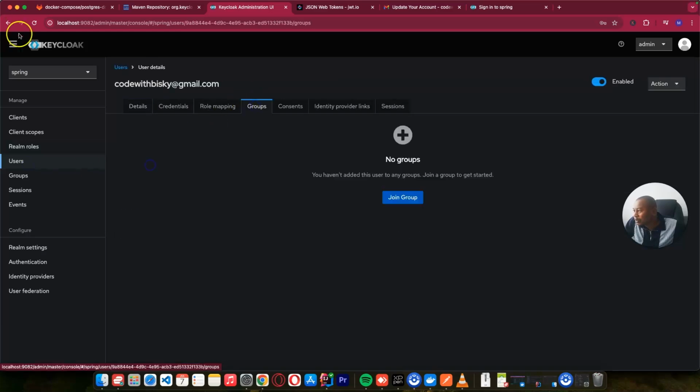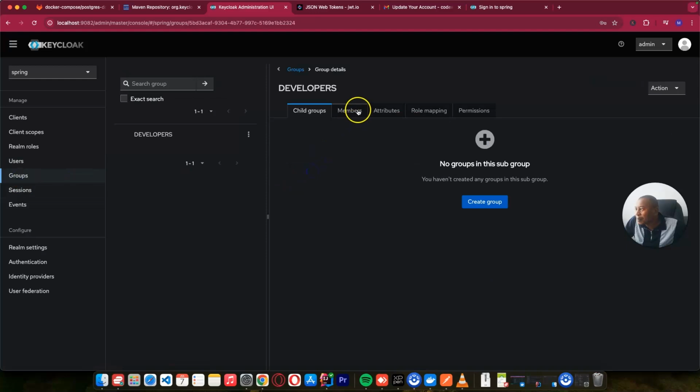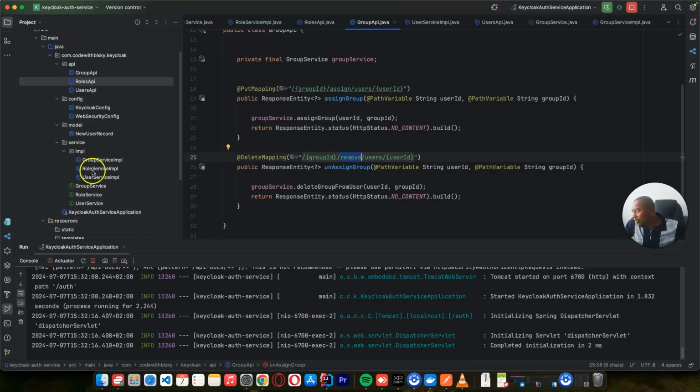I definitely know that we removed that user from that group, as you can see. And if you go to that group, in the members we don't have any member joined that group. So this is how we assign a user to a group. This is how you can remove a user from a group. As always, if you go to